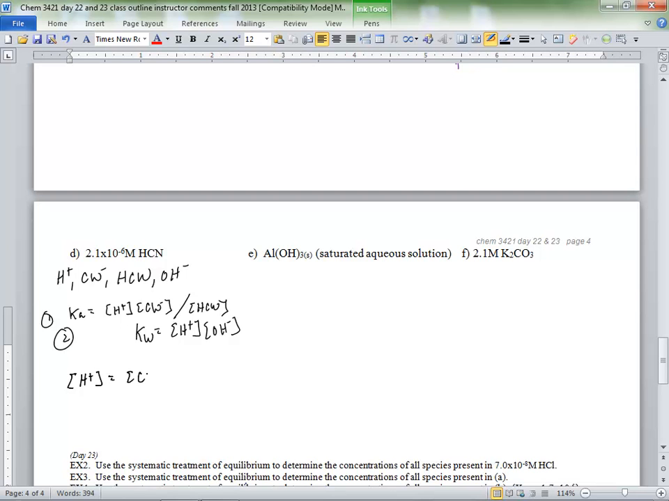Let's see. So it'd pretty much just be these. And hydrogen cyanide doesn't show up anywhere, right? Because it's neutral. And everything has a 1 charge, so everything has coefficients of 1. Okay. So now we've got 3 equations. Now we're missing